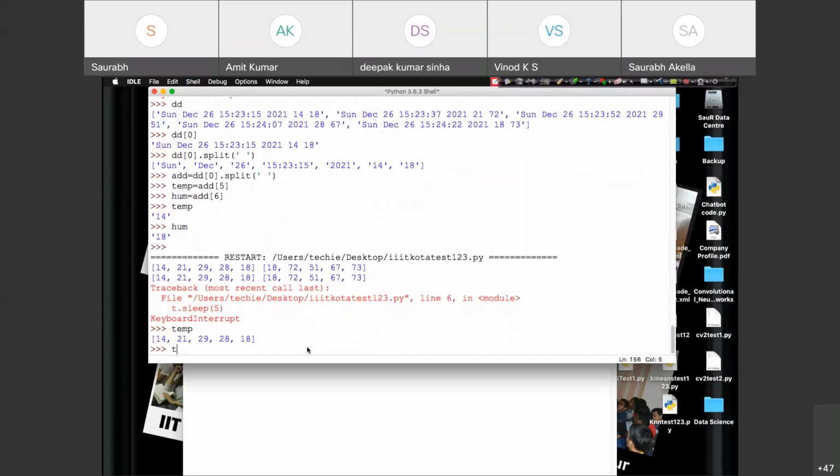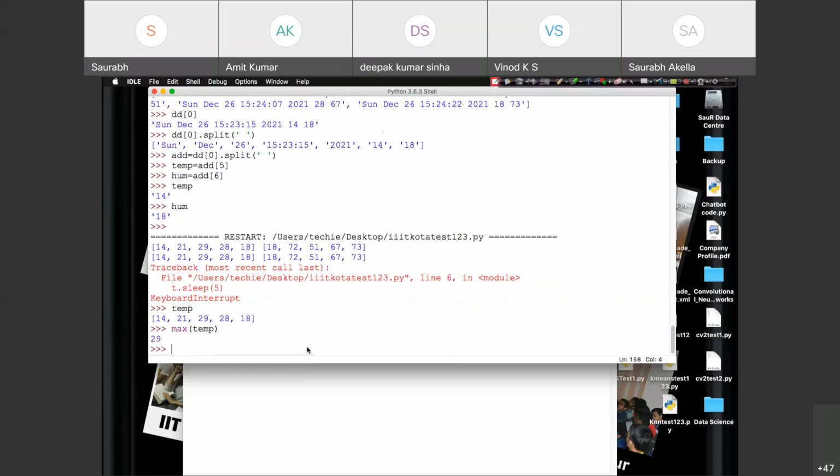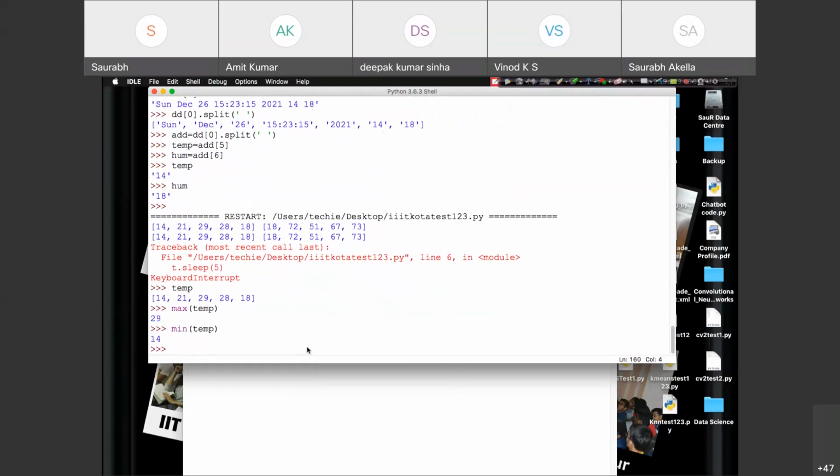So max value of temperature temp is 29. Min value of temperature is this. How can we have average? Do we have average? No. So temp dot